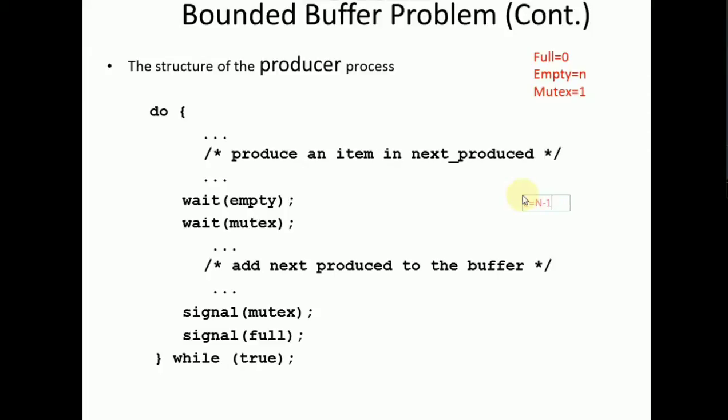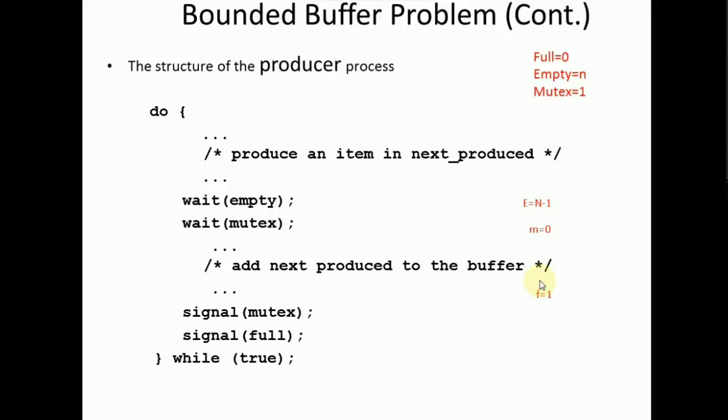Previously if there were 5 empty buffers, now there will be 4 empty buffers, and mutex, which I am calling m, will be 0 because the producer process is using it. And when it is leaving, it also signals full. So full, which was 0, now becomes 1 because one item is added to the buffer.